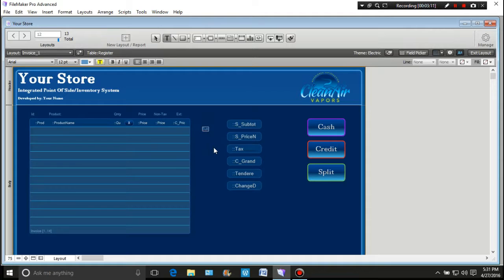So this can be subtotal. And if you're going to do this, you might as well just go ahead and click on that and make it an 18 right off the bat, and then center it. Make sure that it is in the center. And then we're going to bring it down. And we're going to call this one,